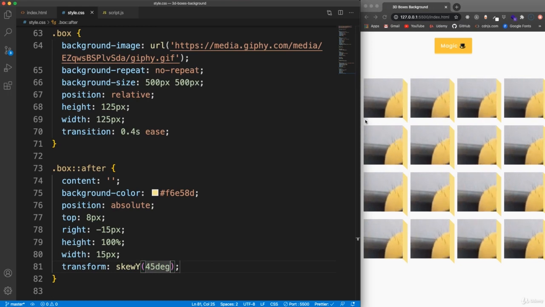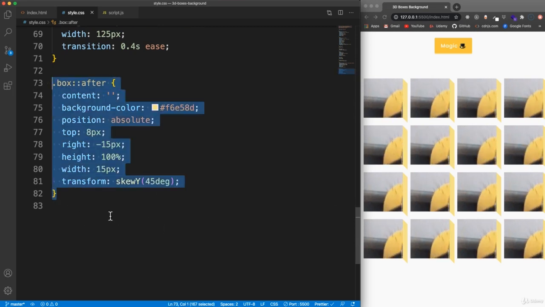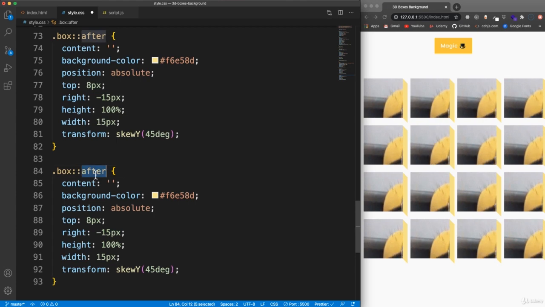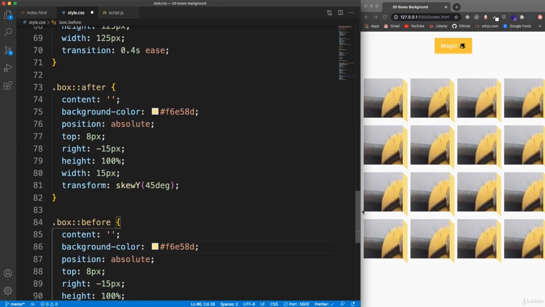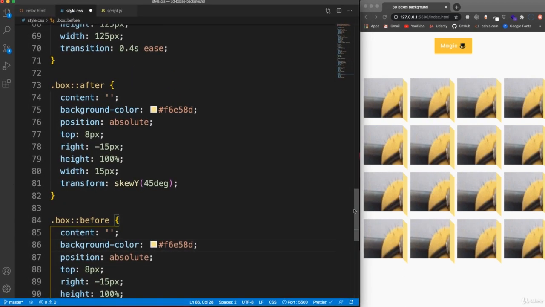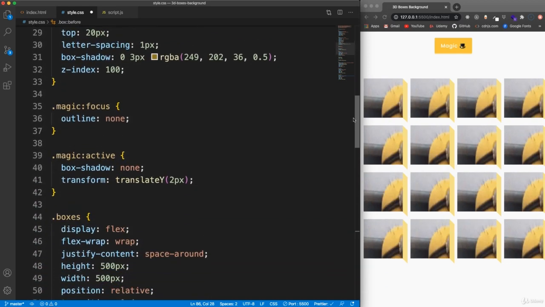Now we want to do the same thing here. We basically want it to come from here and go over, so it looks like it has that 3D effect. So I'm actually going to just copy this whole thing, and now we're going to use before. Okay, and for the background color, we're going to change it slightly. We're going to use the same yellow that we used